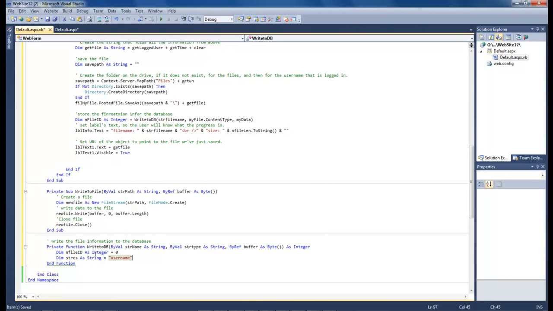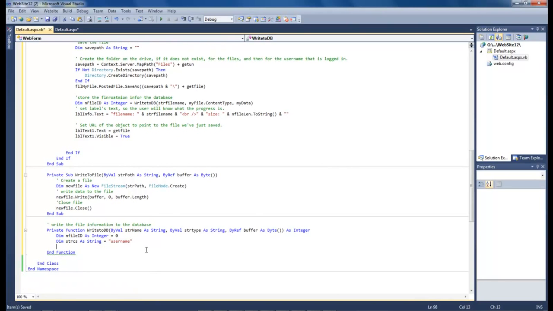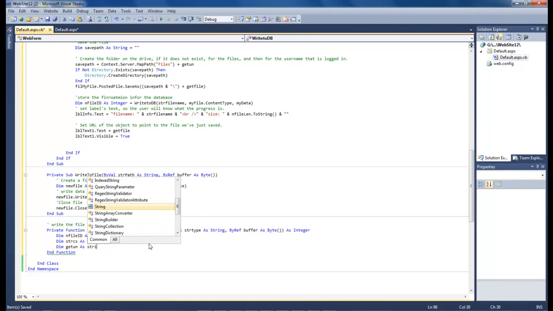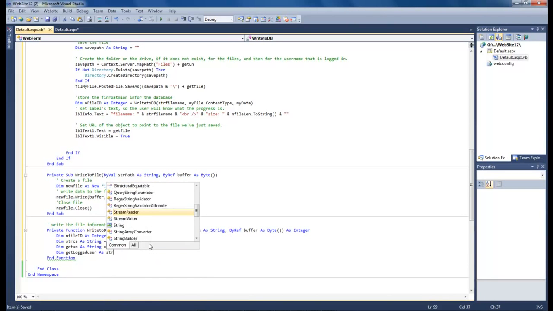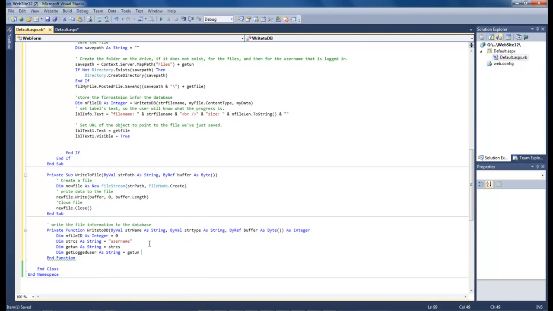username. As I stated before, you can change this right here. This right here is just for testing, just for the lesson, but this right here can be changed to the cookie or the session, or however you're tracking your logged in user. I use a cookie that lasts for 30 minutes, but anyway, let's go ahead and jump down to the next one. Is a dim get un as string equals string cs, and then let's do dim get logged user as string equals get un plus,